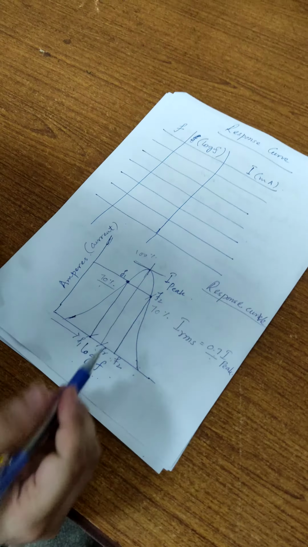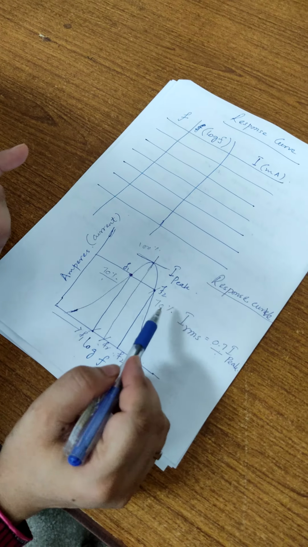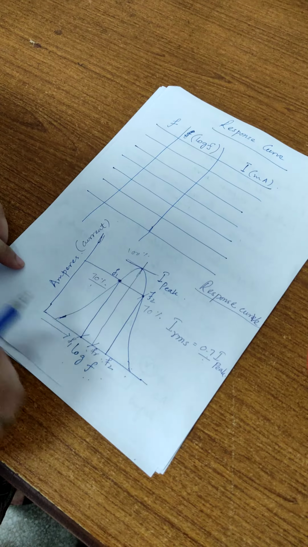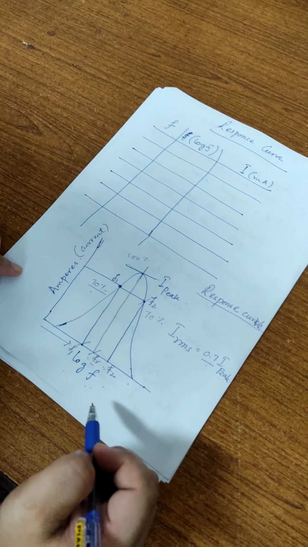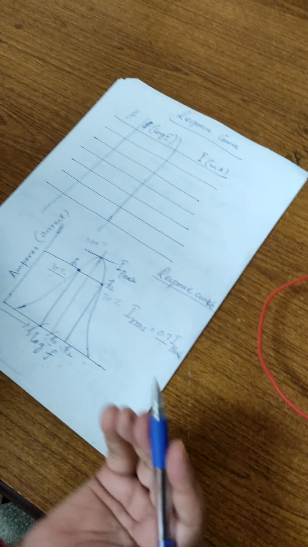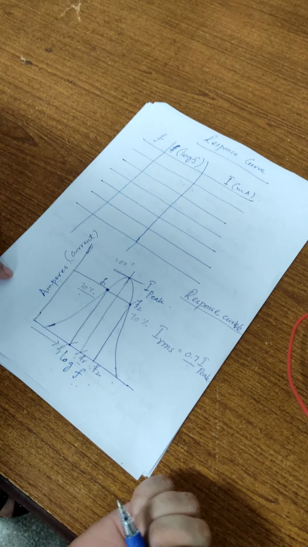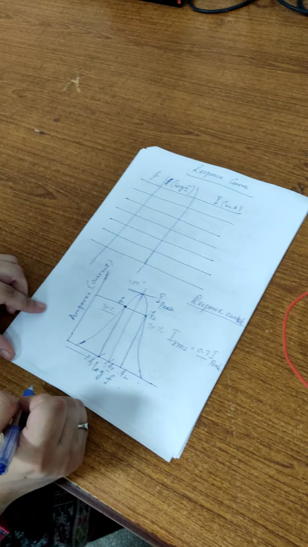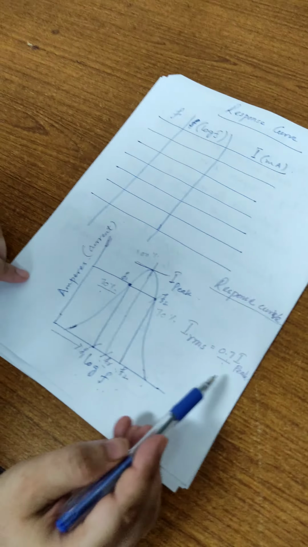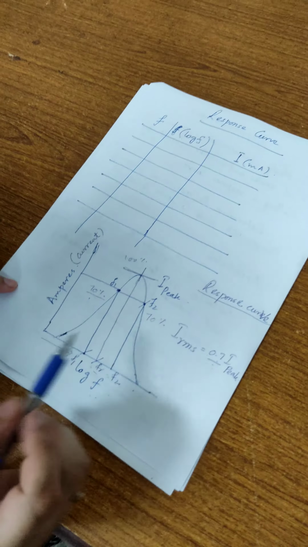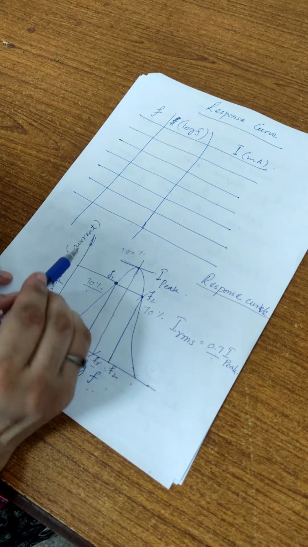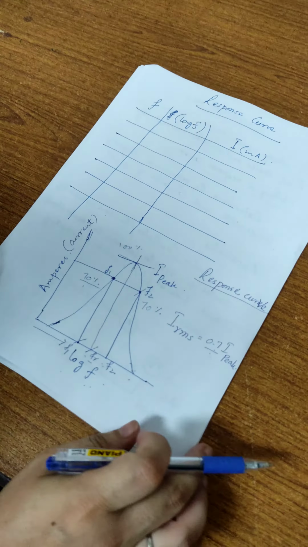So it means that F2 and F1 are the frequencies which can also be accepted in addition to the resonance frequency, because as per the characteristic of an AC circuit, this circuit will start working when the current is 70% of its peak value. So we are to locate that peak value, and how shall we locate? From the graph.